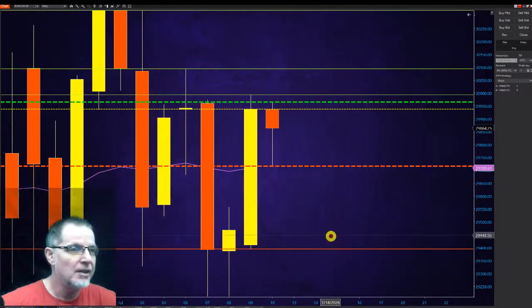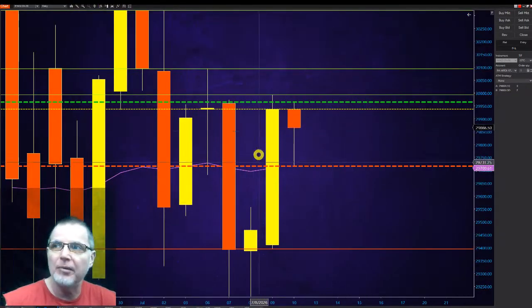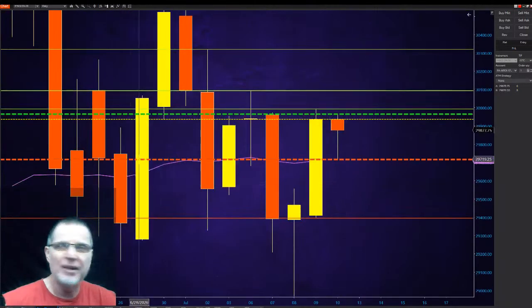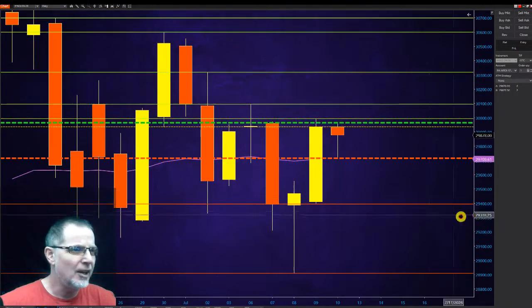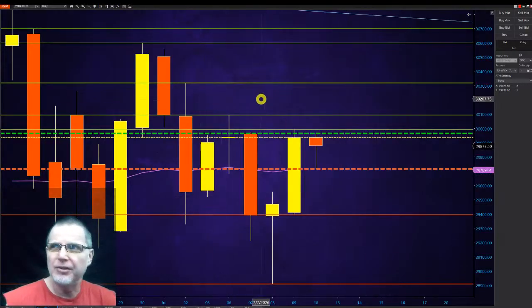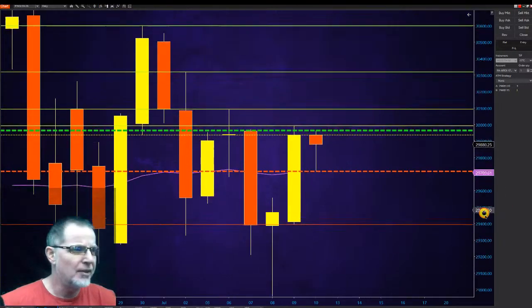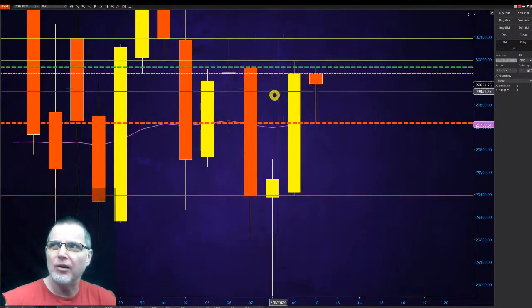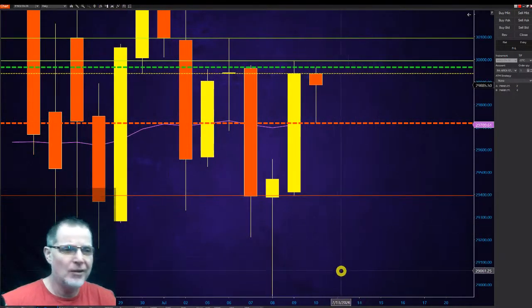You can see it is a red day, but it's up in the upper part of the previous bullish candle. But it's sideways and choppy. Anything can happen. It could just go flying up over the top of previous day, so we're ready for that. Or it could drop back down into this bar, up and down, all the way back down here. Anything could happen, but if we drop down into the